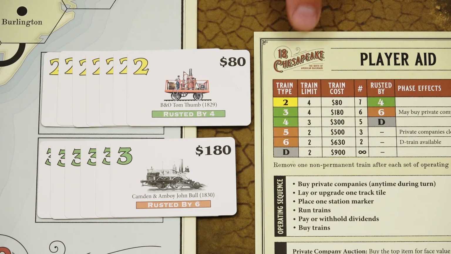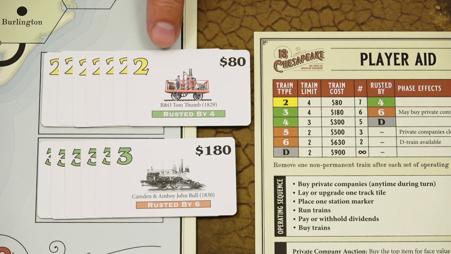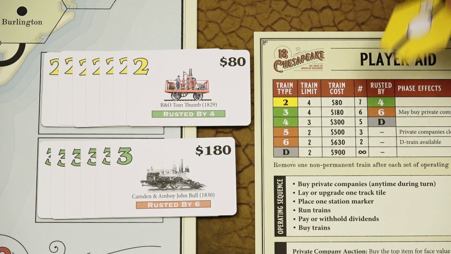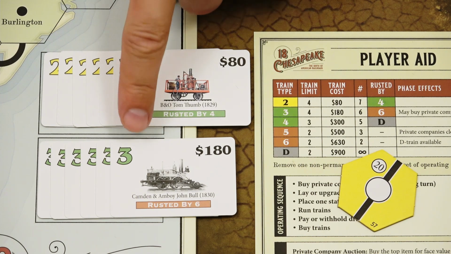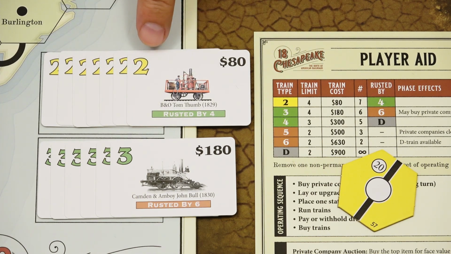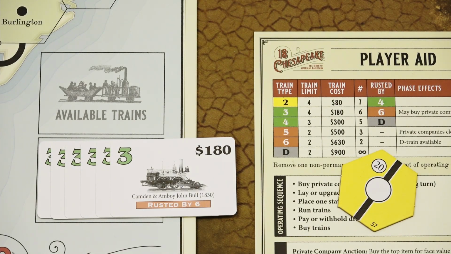The game starts with phase number 2, the yellow phase, because there are only these trains with number 2 available, the yellow number, and there are only the yellow tiles available. Based on these numbers, those trains are called 2 trains, 3 trains, 4 trains, 5 trains, and so on. When all the 2 trains are sold out and the first 3 train is bought,